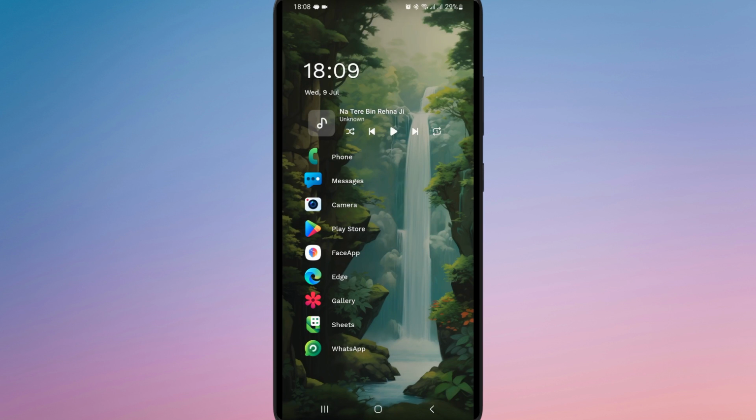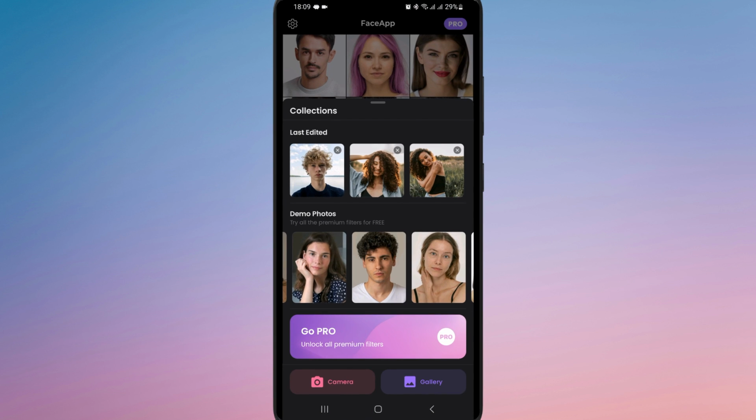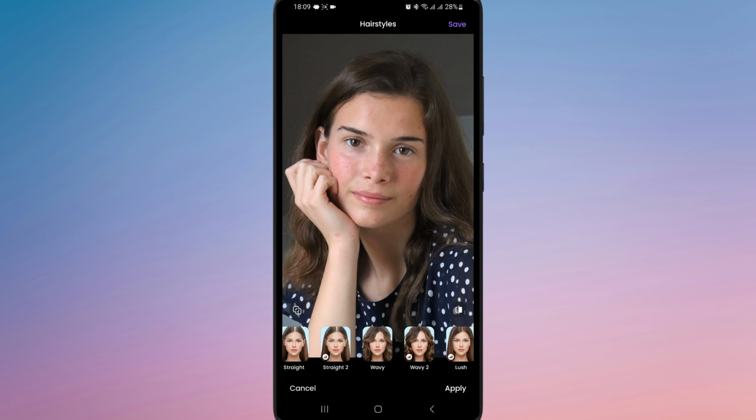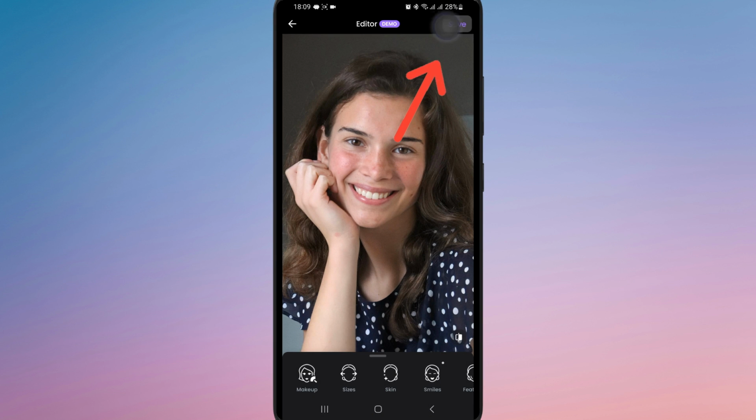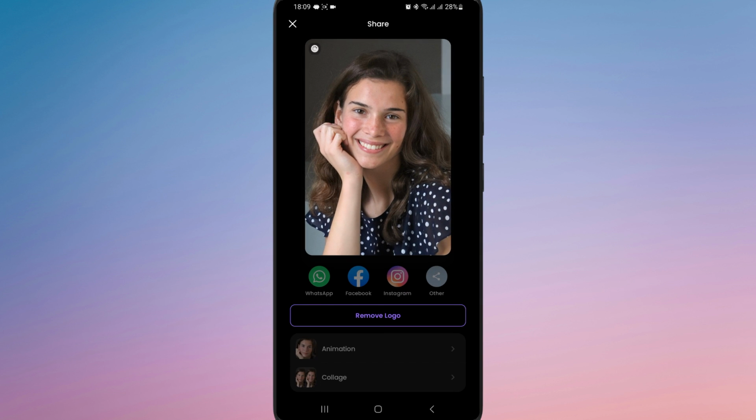First of all, open FaceApp and either take a new photo or upload one from your gallery. After applying your desired filters or edits, look for the save icon, usually located at the top right corner of the screen. Tap the save icon and FaceApp will process your photo and save it directly to your device gallery